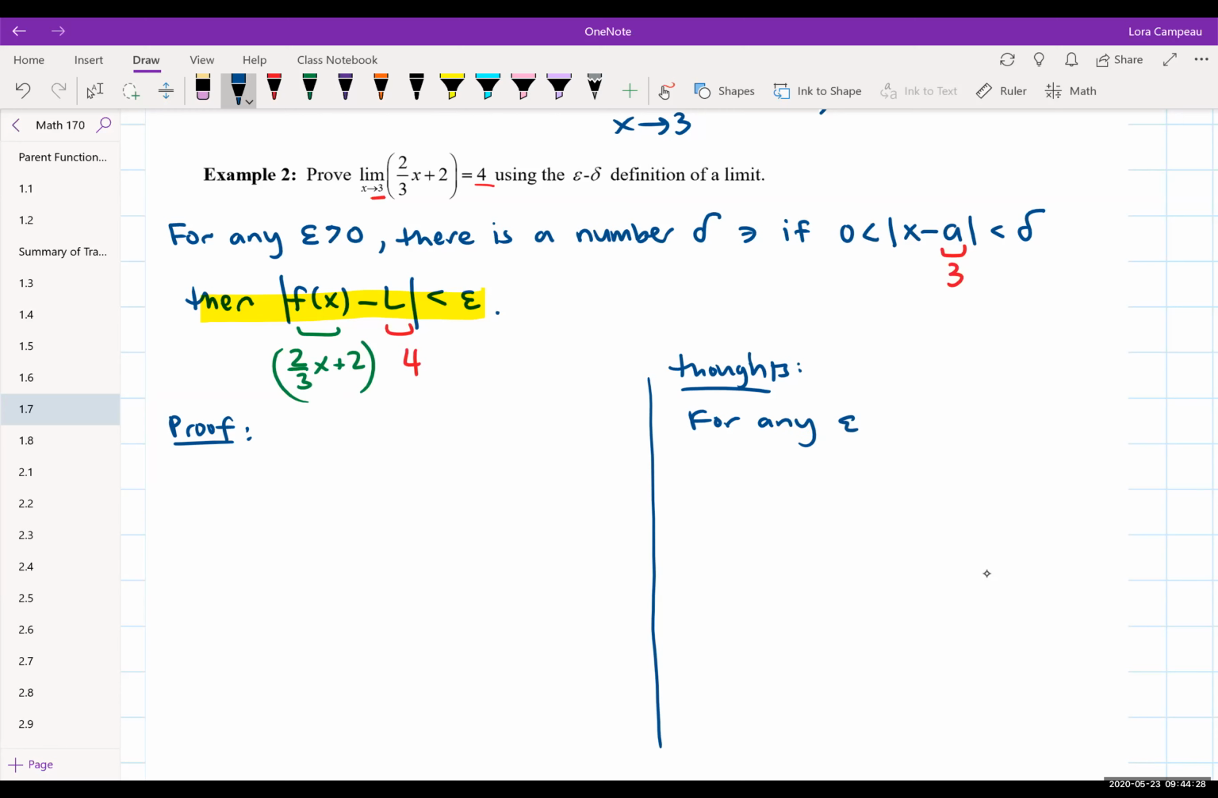For any epsilon greater than 0, we want a number delta greater than 0 such that if 0 is less than, remember we have the x minus a part, so let's fill this in. X minus not a, but we want 3. We're trying to approach 3. So if this is less than delta,